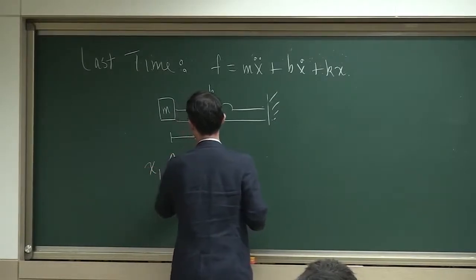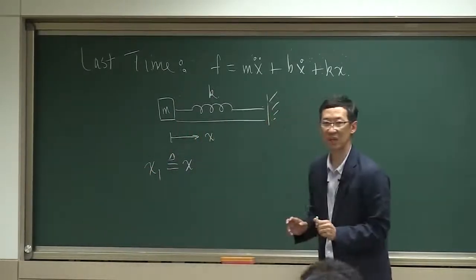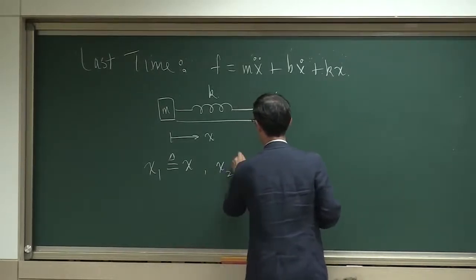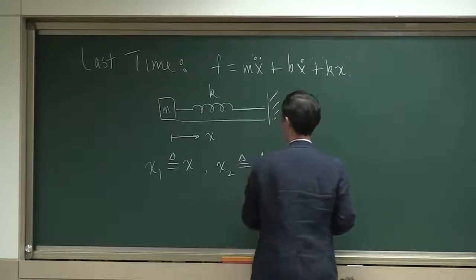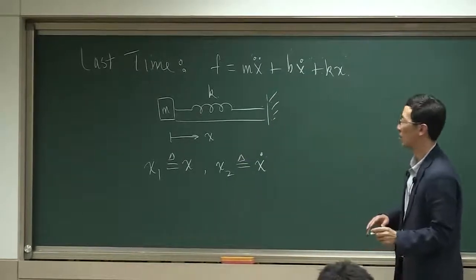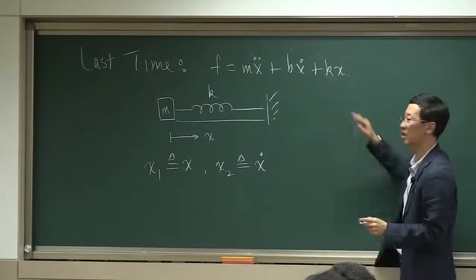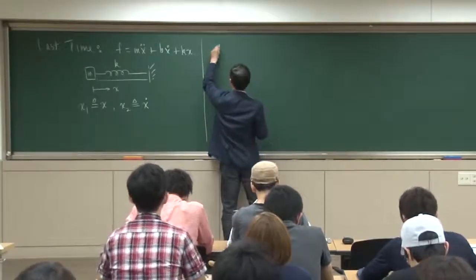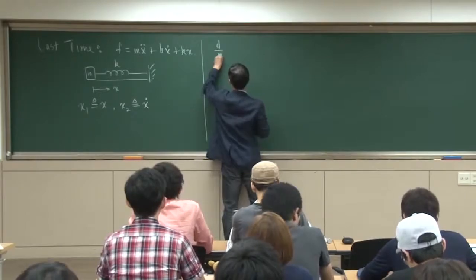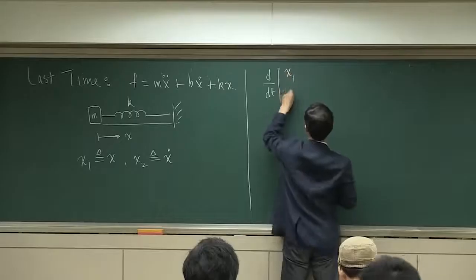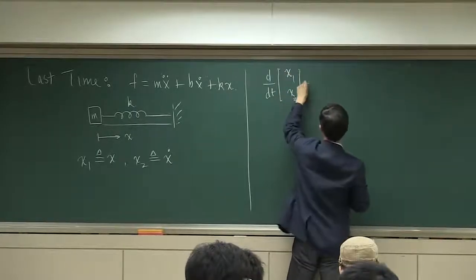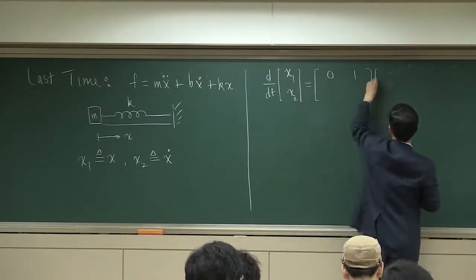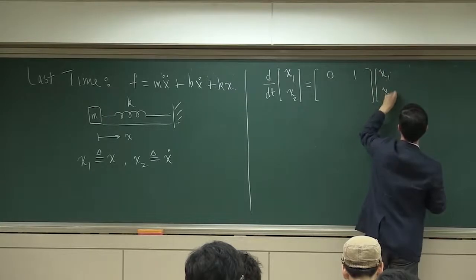We defined x1 to be x and x2 to be x dot. And with this definition, we can now rewrite this equation in the following way. d/dt of x1, x2 is equal to [0, 1;